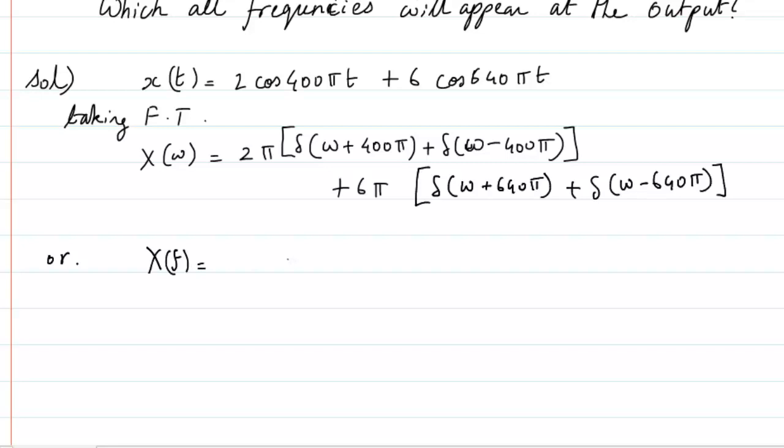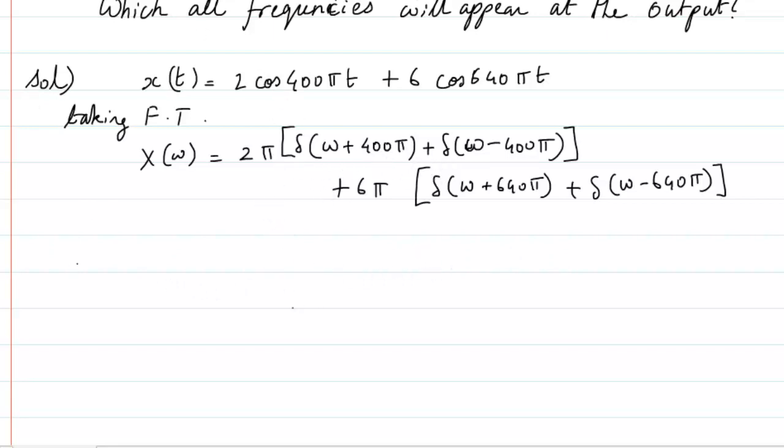Now if I am going to write it in x of f, you can look at the Fourier transform. The Fourier transform with respect to f is going to be 2 then delta f minus, so 2 pi will automatically go from here and you will get plus 200, plus delta f minus, 2 pi will go from here also, so you will get 200. So like that I can write like this. Okay, you can go for either method. I'll first write like this.